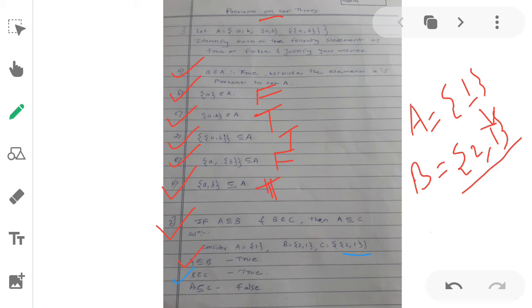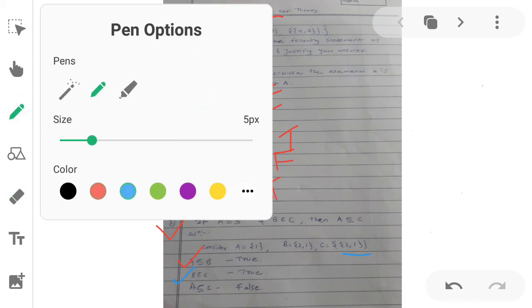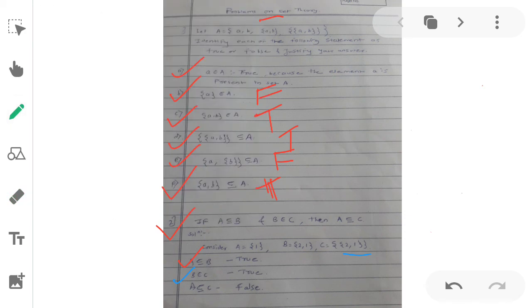After that, we have to check whether A is a subset of C. We have to check whether 1 is present as an element in C, but 1 is not present as an element in C, because C contains only one element, that is {2, 1}.